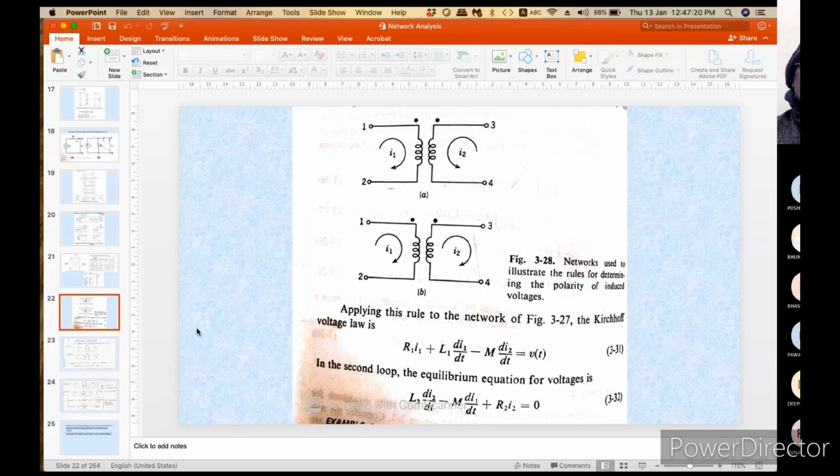So then there is a transformer, as I said, we use many times, okay, for stepping down or stepping up, or not only that, the transformers we use for the isolation of two circuits also, okay. So because the impedance of one circuit, if it is not matching with the other, for impedance matching also we use this kind of transformers. And in transformers,